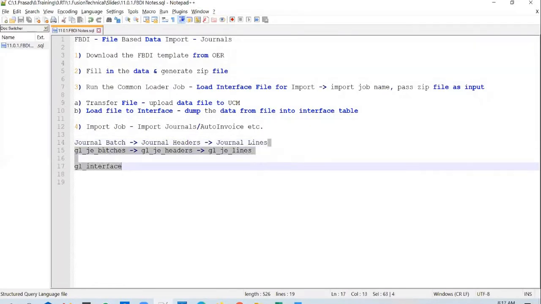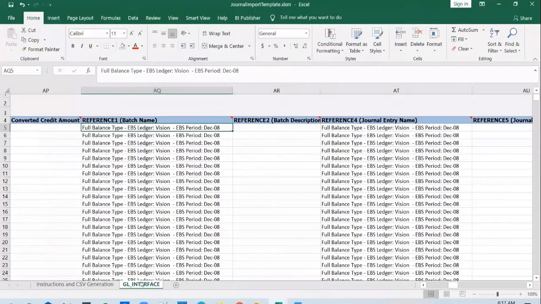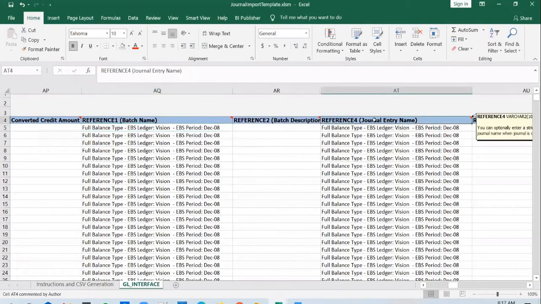But even though we have three levels here, there is only one interface table, right? So you need a way to let the application know how to group the lines into journals and how to group the journals into batches. That information you will pass with the help of these reference columns.